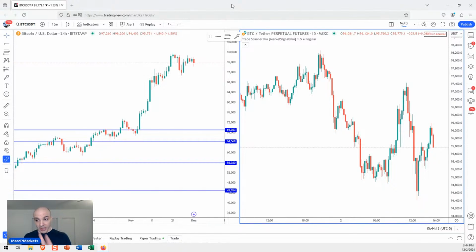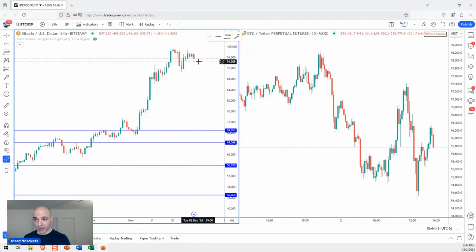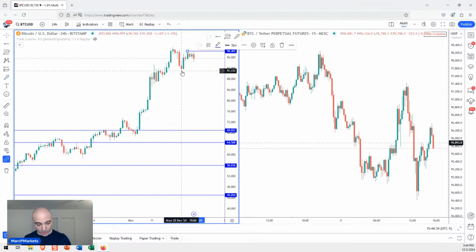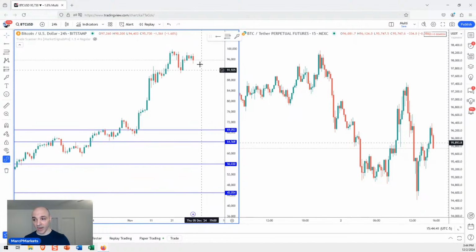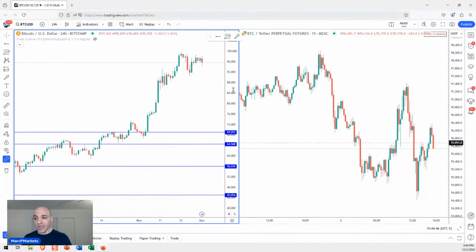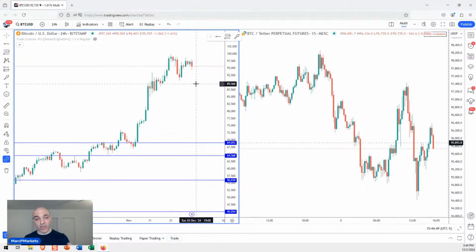So Bitcoin can go... It looks like we got that double top, and it looks like we're going to be in that consolidation, that mini consolidation or mini wave 4. So I would be looking for the low 90s in the next few days. If I'm wrong, and I'm wrong all the time, and we get a bullish candle here, and we break this little consolidation high much sooner than before going to 90K, then we'll probably get that little leg to 100K or something like that, right? And this may be all we get as far as a consolidation. Remember, we can't get married to any of these ideas, even these short-term ideas.